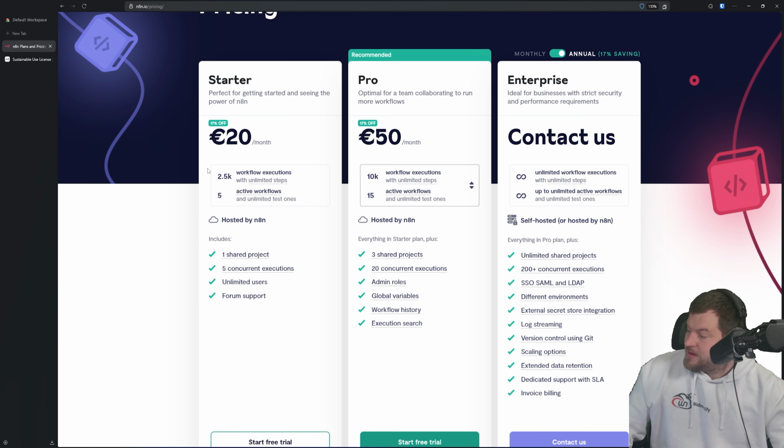for your own business. And yeah, if you want to sell it or do automations for other businesses from your instance, you will need to purchase the proper license to do it. It can be starter, it can be pro, or if you are a big company, you always go for enterprise,